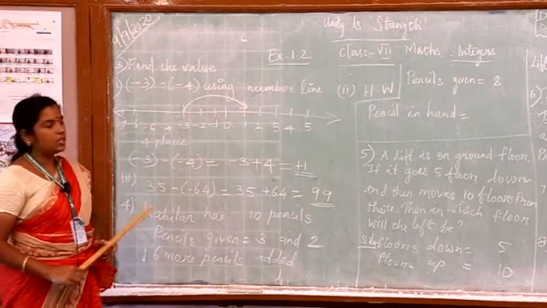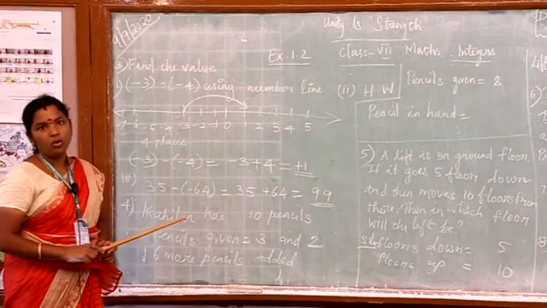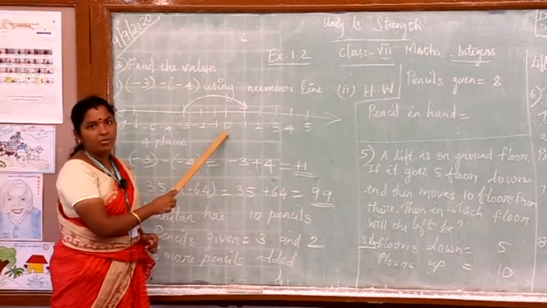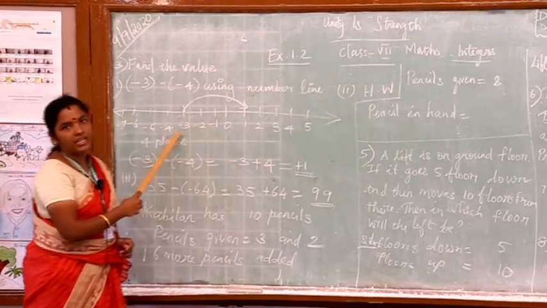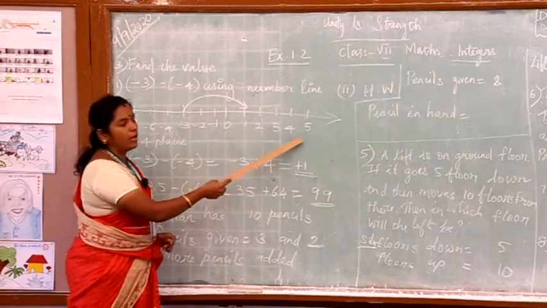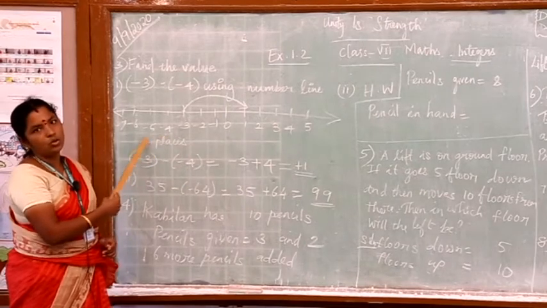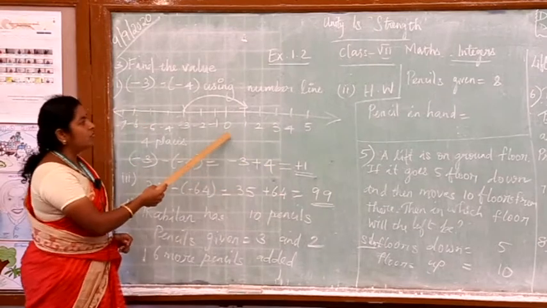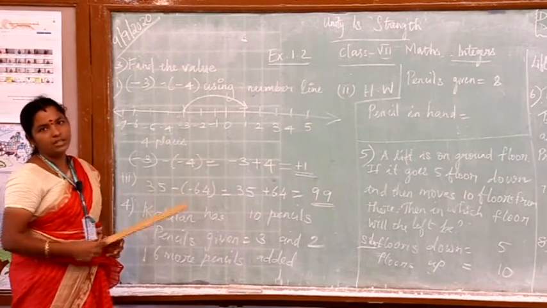So, we are going to use this number line. We are drawing a number line here. As you know, the neutral number 0 will be between the positive and the negative numbers, with the positive numbers on the right side and the negative numbers on the left side. Following the 0 it should be 1, 2, 3, 4, and on the other side it will be minus 1, minus 2, minus 3, and it goes on like this. So, following 0 you have all the positive integers, and on the left side you have all the negative integers, minus 1, minus 2, and it goes on like this.